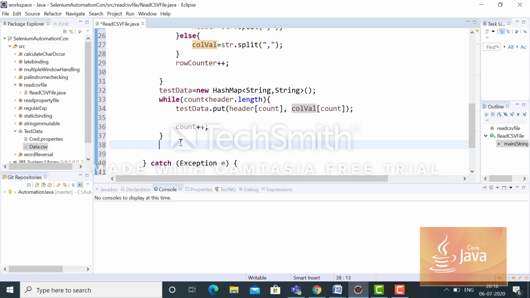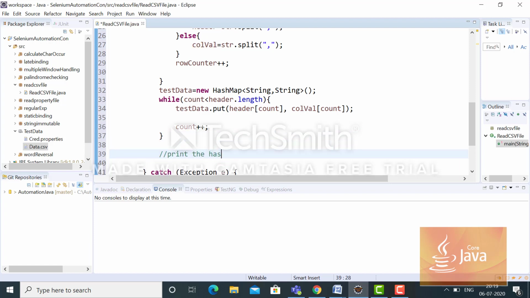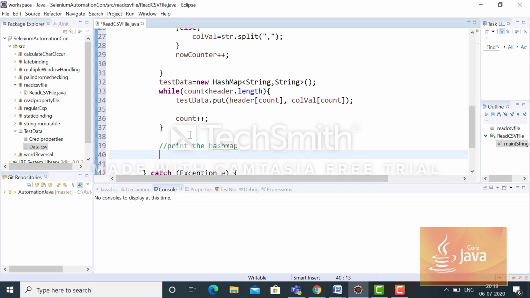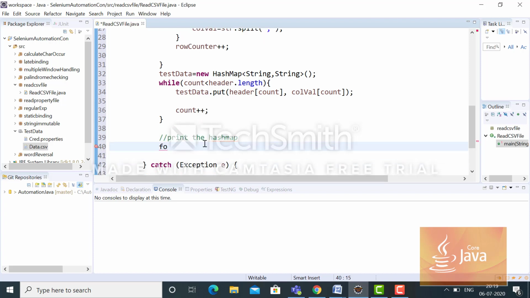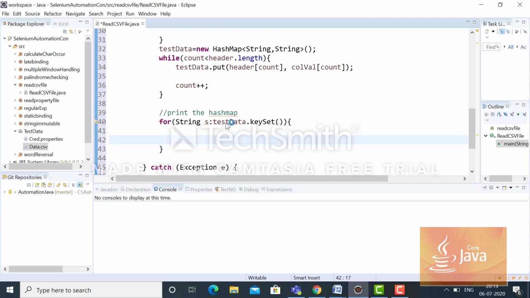Then finally I will print the hash map. So I'm taking one advanced for loop. My key is a string, so s colon, what is my hash map, this one, dot key set. Basically, however many keys this hash map has, that many times I will loop through.